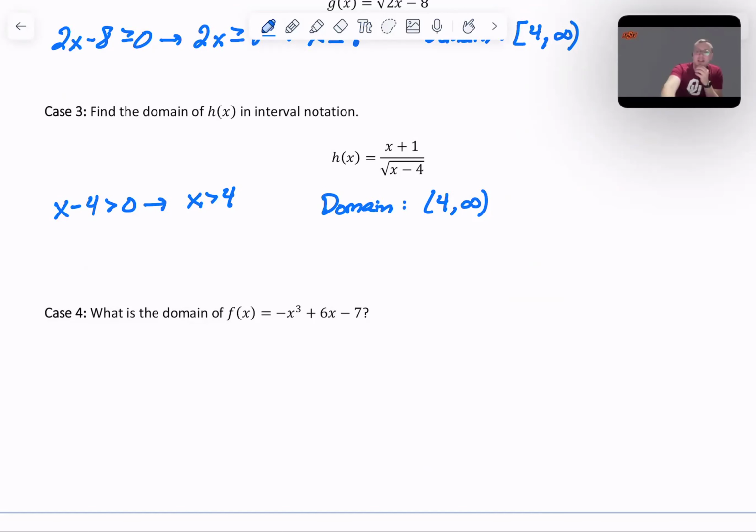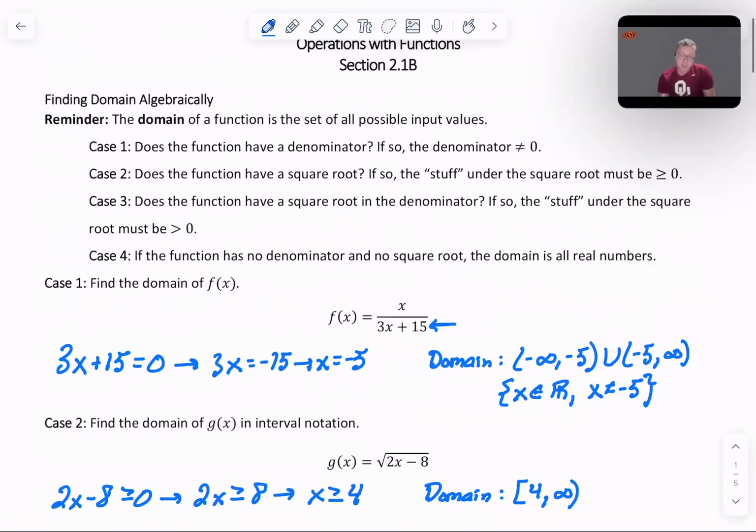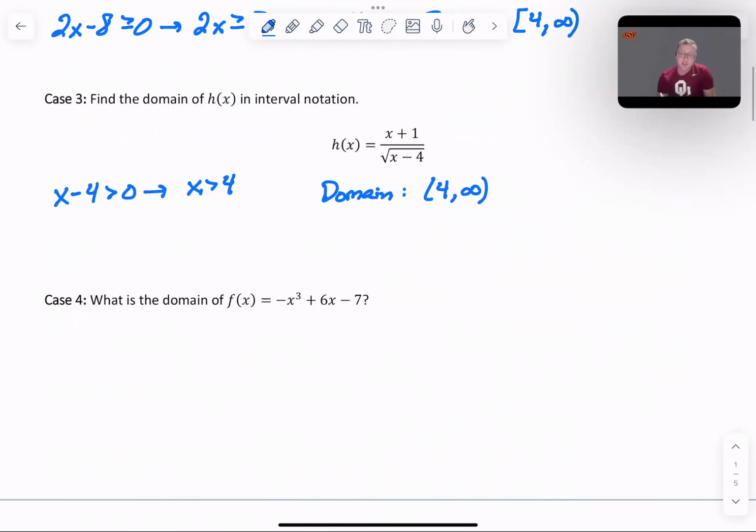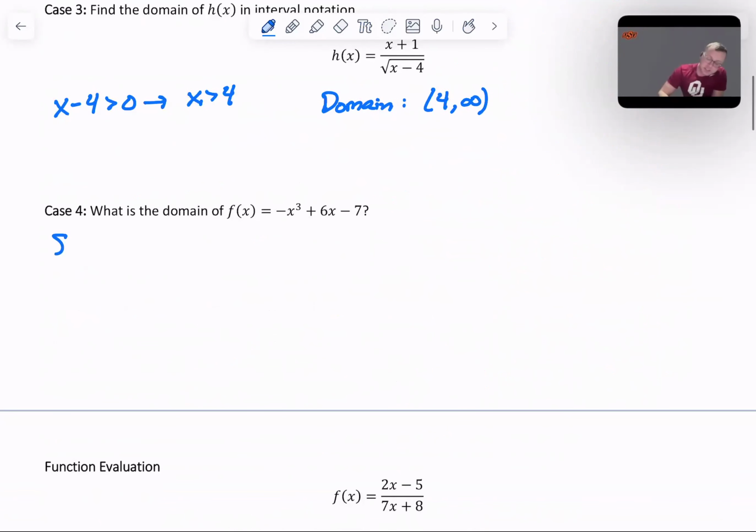And the last case on here is what is the domain of this? Since here it fits into case 4, where the function has no denominator and square root. It only has powers of x and a constant. So, since no denominators and no square roots,